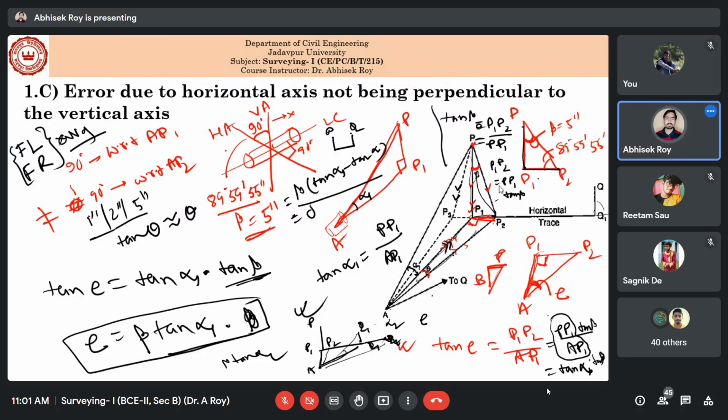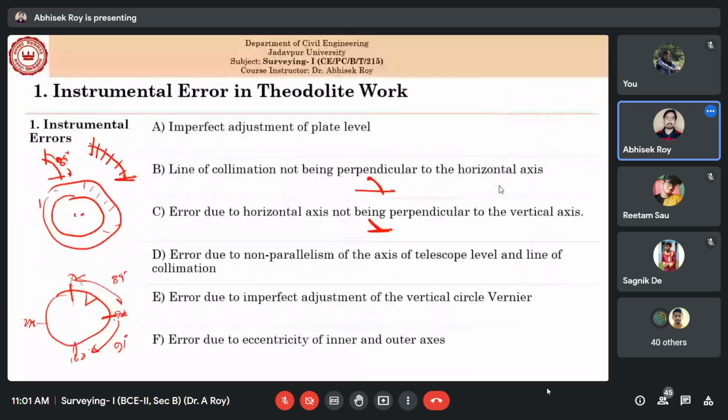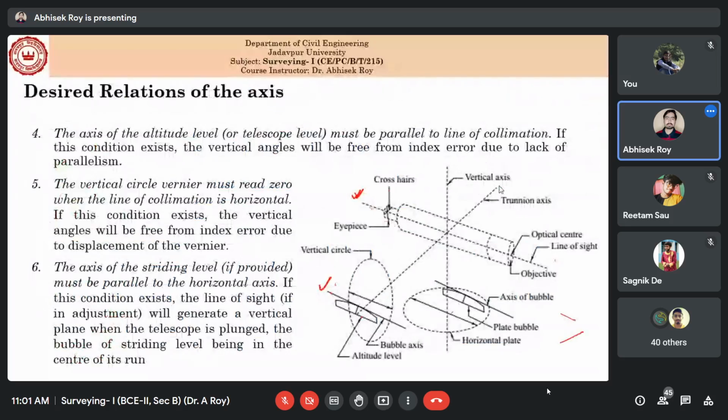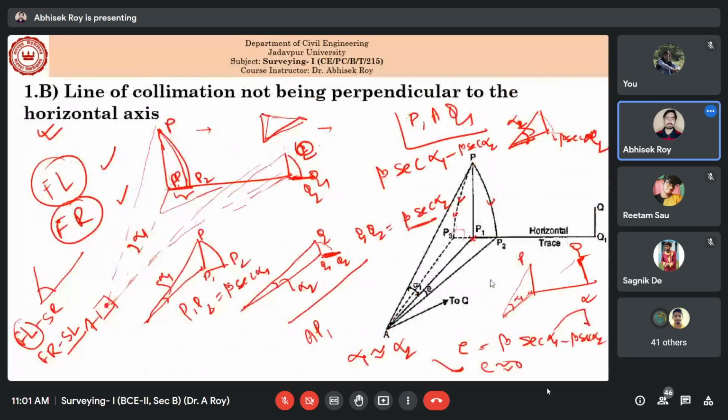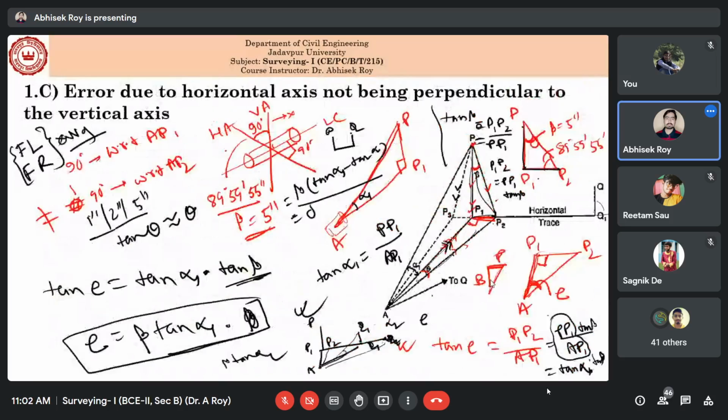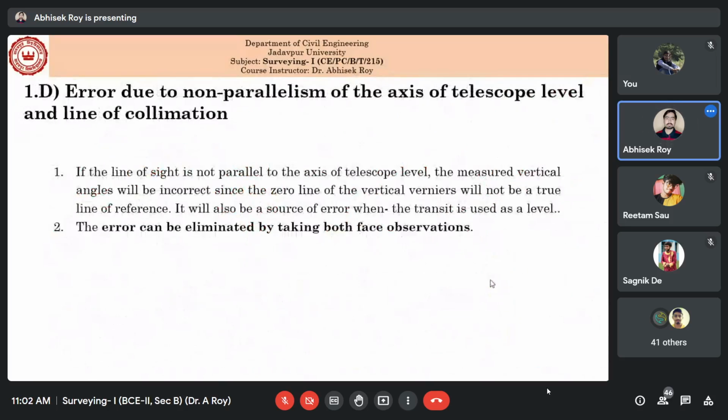Telescope level means this one, you see, telescope level is there and this should be parallel to this one. So obviously if that is not parallel, then also some kind of error will be there,